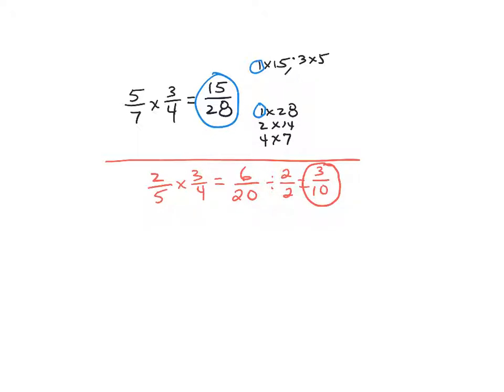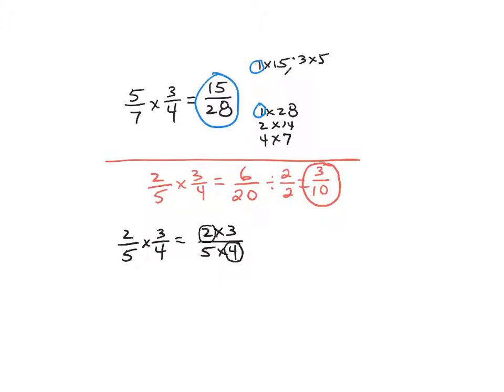But let's look at the same problem again, a little bit differently. I have 2/5 times 3/4. As I said, what we did is multiply the numerators, 2 times 3, with the denominators, 5 times 4, to get our answer. One thing to notice is that among the factors in the numerator, 2 times 3, and the factors in the denominator, 5 times 4, the 2 and the 4 are factors that can be reduced themselves. So when I have 2/4,